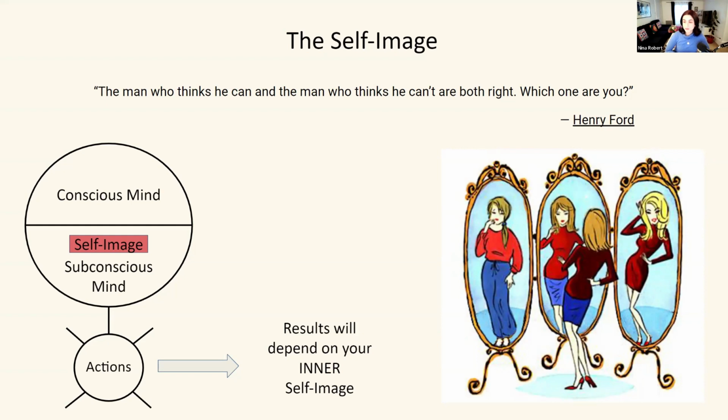So unless you are really aligned with your self-image, you won't be able to project something similar to the other person. So this girl is actually mistaken. She thinks she's projecting a good image of herself. She's doing her best. I'm sure the intention is good, but unless and until she takes care of that other girl that is in the left reflection of the mirror, nothing really is going to change, or at least nothing in the long term. And that's what's important. It's the long-term results and not really the first impression or the first interactions or the first results that we achieve. If it's not aligned with our self-image, it's not gonna last.